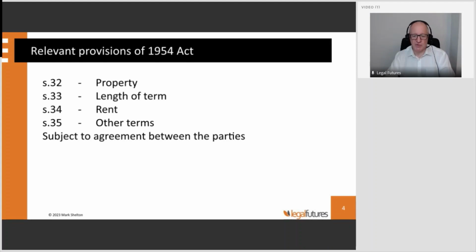These are the sections which give directions to the court to determine the terms of the new lease. So Section 32 deals with how the court should determine the extent of the property to be comprised in the new tenancy. Section 33 provides for the court to determine the length of term of the new lease. Section 34, the big important one really, sets out the basis for determination of the rent. And the other big important one, Section 35, which provides for the court to determine all of the other terms